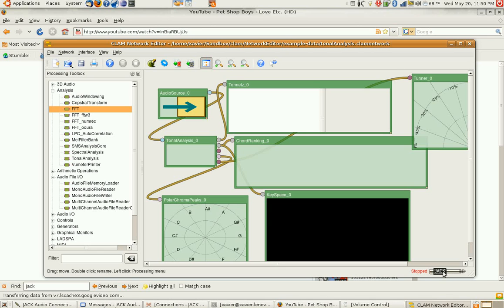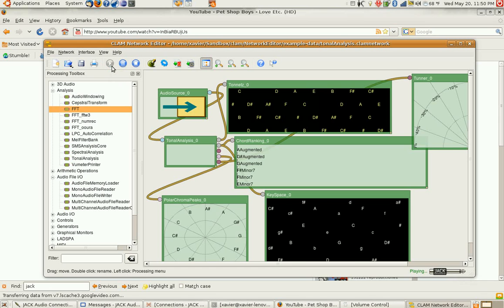Here you see that it's Jack, and we extract the tonality, or the harmony, the chords of the song. Okay, so what happens when I hit play? I'm still not receiving anything. So you see that these are the different widgets where I'm going to be seeing all the different chords and different representations. And if I go